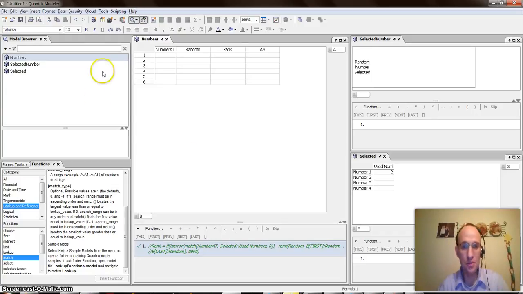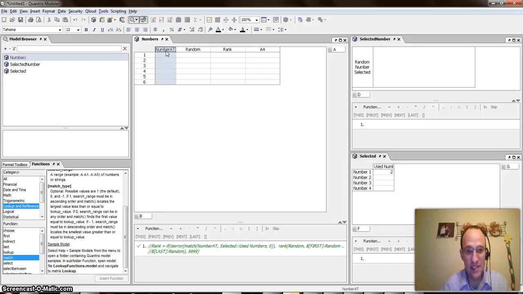So first off, what you do is you create a numbers matrix, and I'm just going to use 6 numbers. You could use up to 1,000 or 1,000,000, I suppose, if you wanted. But for our purposes, it will be 6. And what I want to do is add a couple items here. The first item I want to add is the number at. And basically all I'm doing is taking the value of the category that I'm at to give me a